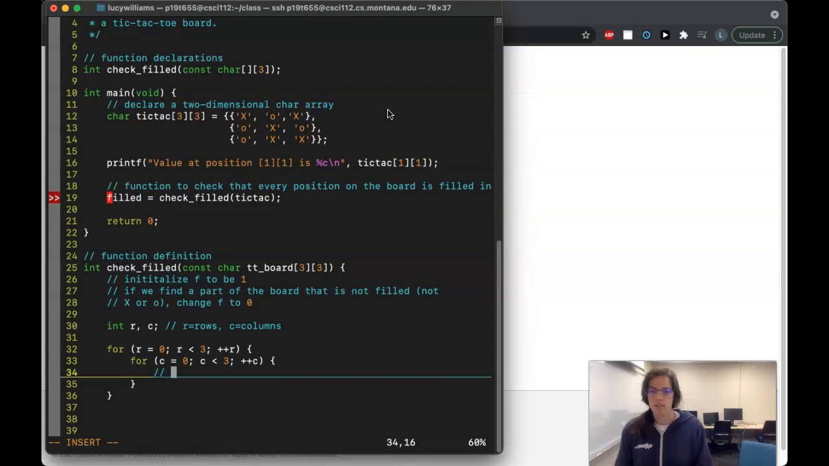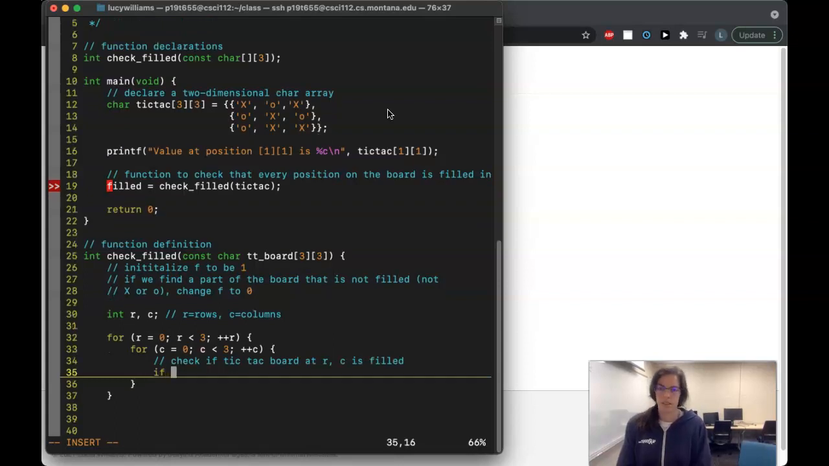And now check if the tic-tac board at rows, my current row and my current column, is filled. So I'm going to say something like, if, what did I call it in here? TT board at R, C, and I'm going to need my parentheses around my conditional statement here. If that is not equal to X,